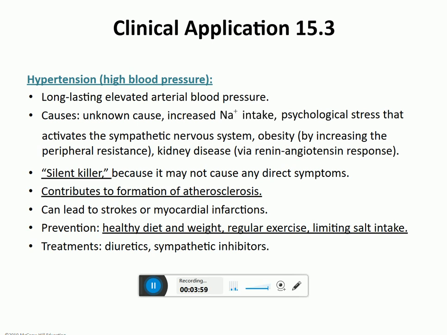But in reality, it could be due to hypertension, and that's why we recommend that blood pressure is measured at least once a year, better if twice a year. And again, that's why it's called a silent killer, because it could be there and the patient doesn't even know about it, and it could lead to strokes, heart attacks,